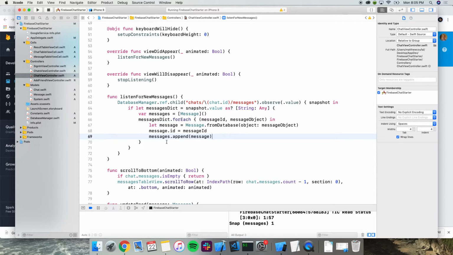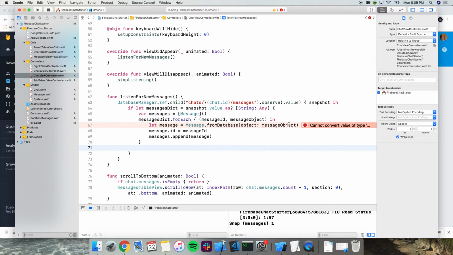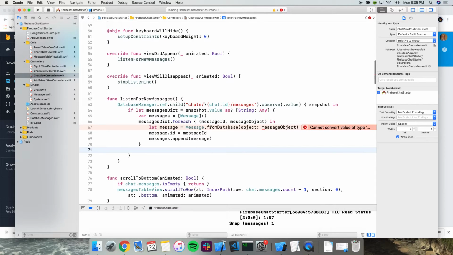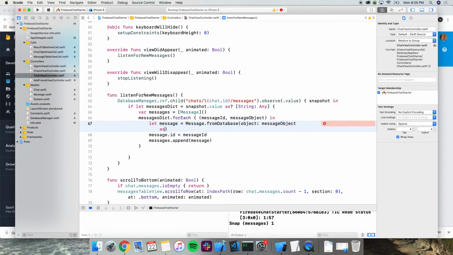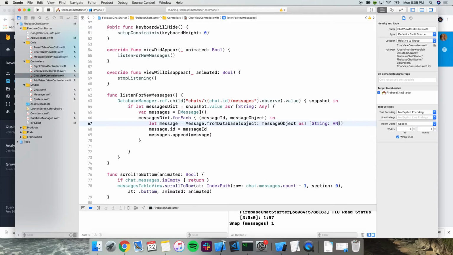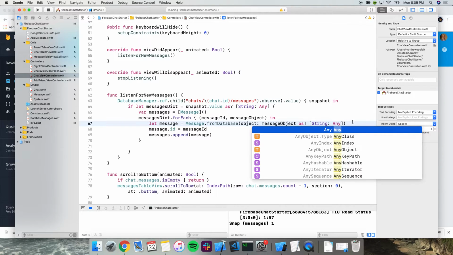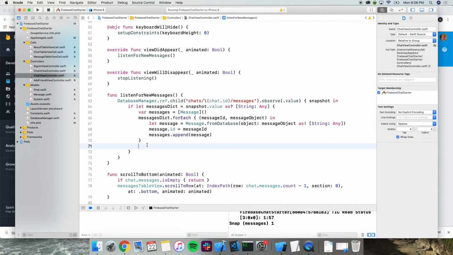Okay. So now we actually want to update our view controller to show the new messages. Ooh, what was wrong there? Value type. Oh, yeah. We know that it's going to be in JSON format, so it's always going to be in that specific format.